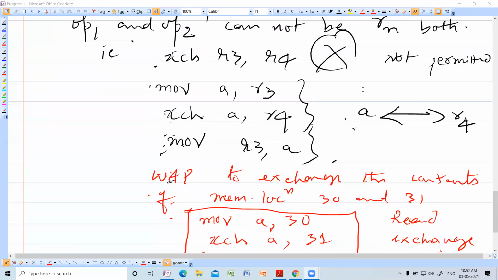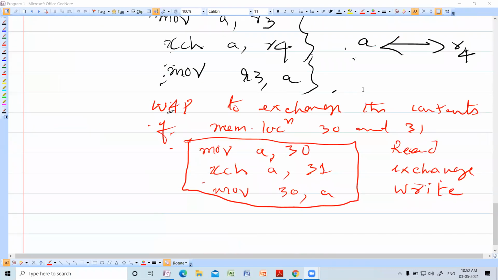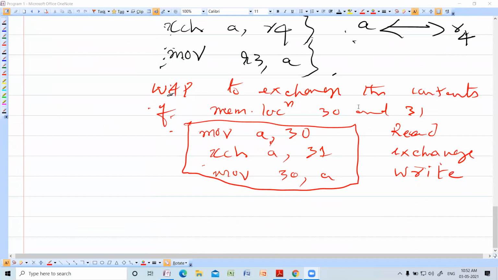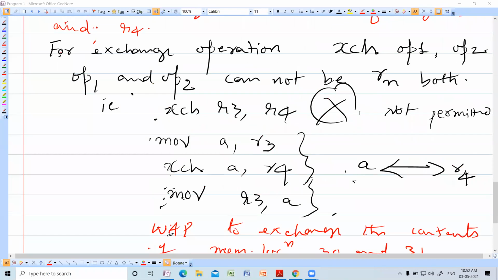For that, if you want to exchange the contents, first you have to read one register into accumulator, exchange with the other register. Later, now accumulator will be having the content of the other register.